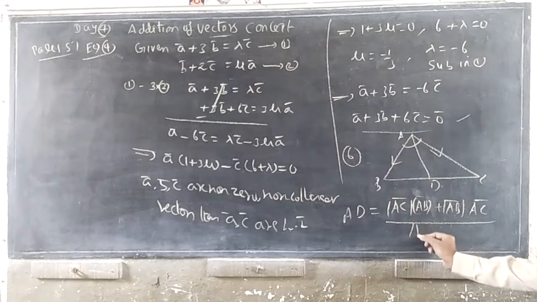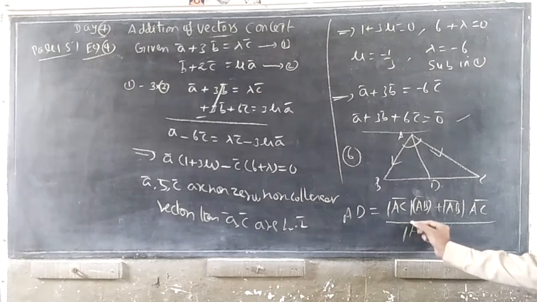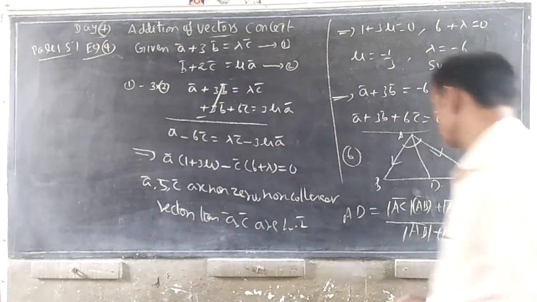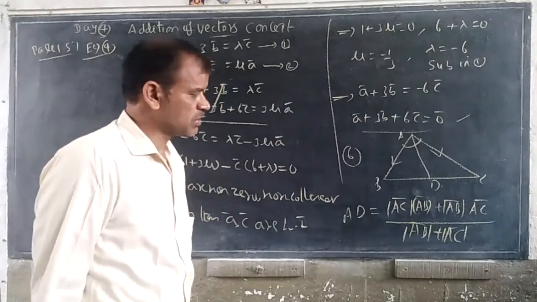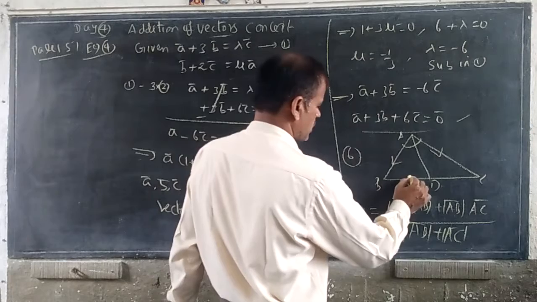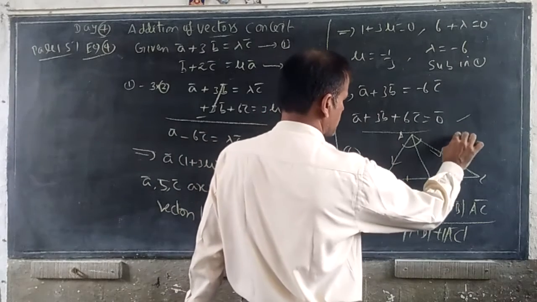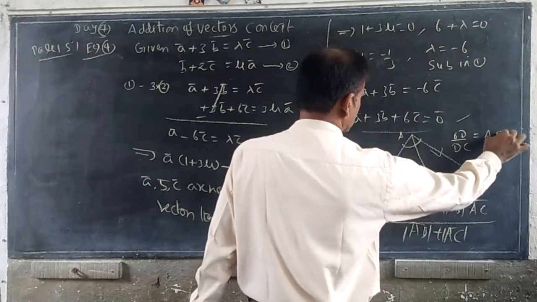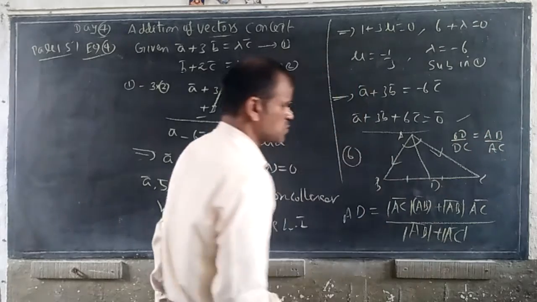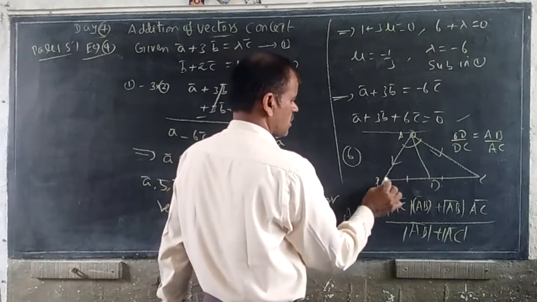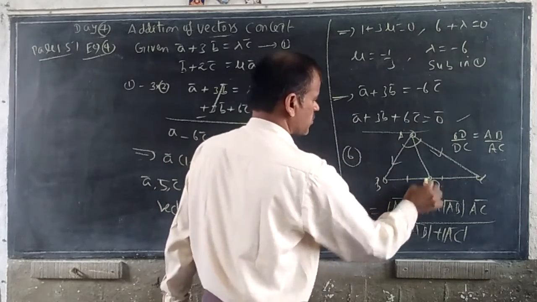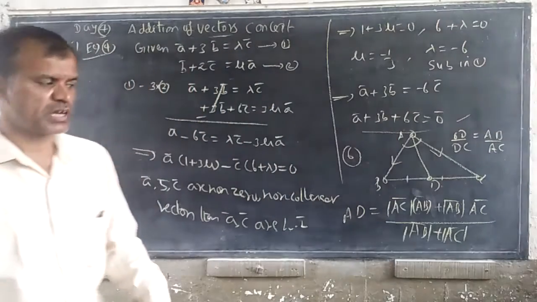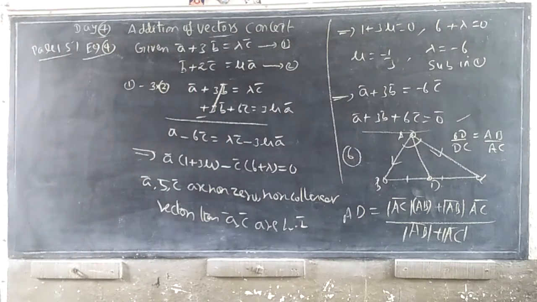Next, modulus of AB plus modulus of AC. Of course, if we don't know the formula, we cannot remember such a formula. Using the formula like this, this concept you can understand. Using this concept, BD by DC is equal to AB by AC. Using this one, using the A vector, B vector and C vector, you can calculate the point D and calculate AD, then the root of (x2 minus x1) square concept also. This is a shortcut.